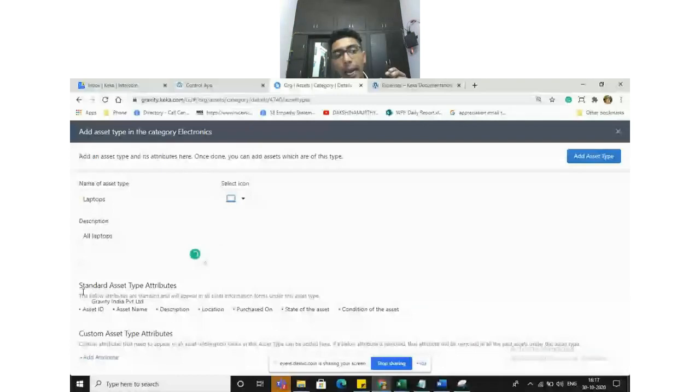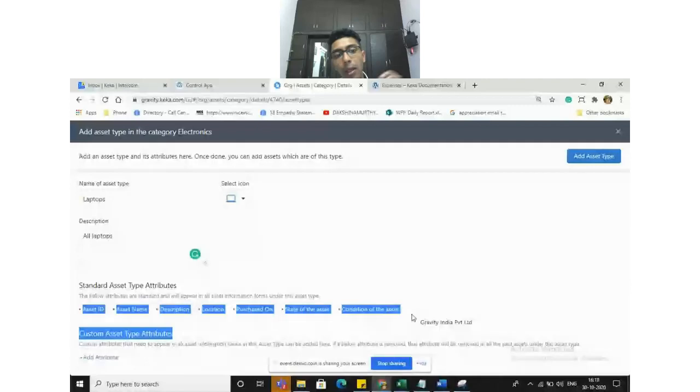Now, once you define the asset type, you have to be very particular about what attributes you are going to track the asset by. Like in an organization, you have human resources, the working force. You don't identify them by their name, instead you give them a unique employee ID, because names can be familiar.